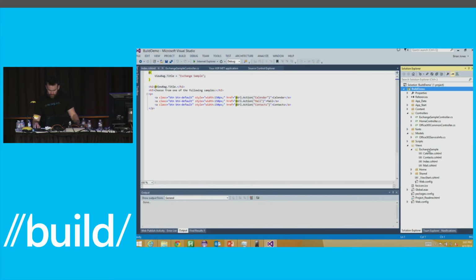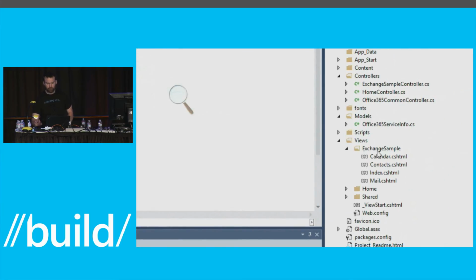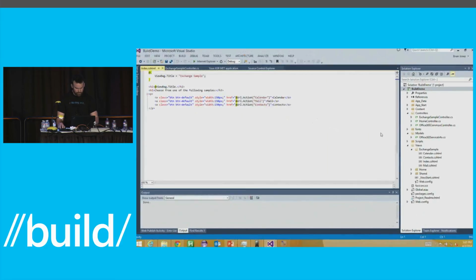So you can see here now that we have this Exchange sample, a few views that were created. There's also this Exchange sample controller.